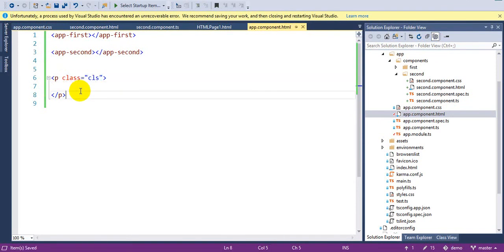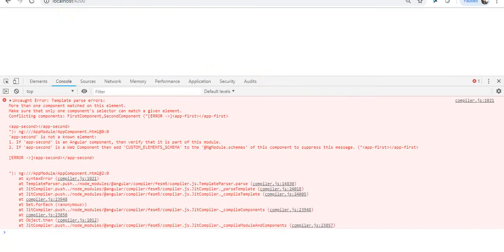What it is going to do is, it will understand I have created the CSS selector called .cls. Wherever it finds the CSS selector in HTML, it is going to replace the inner HTML of that. So you will see the output there.